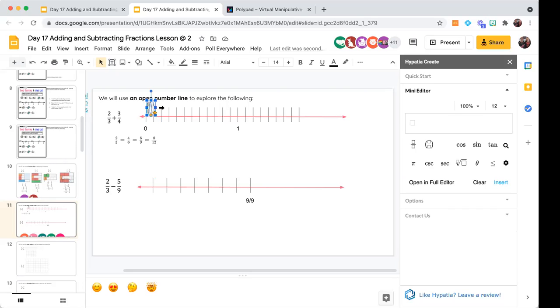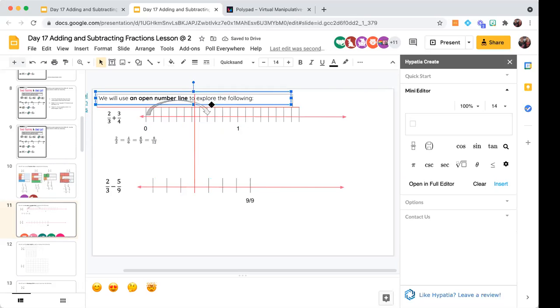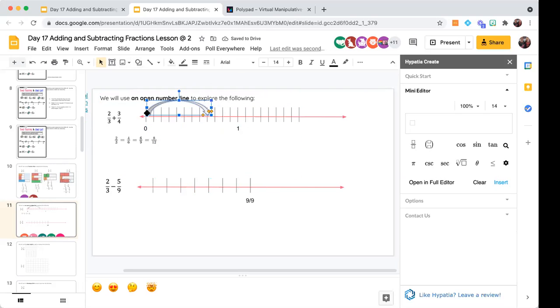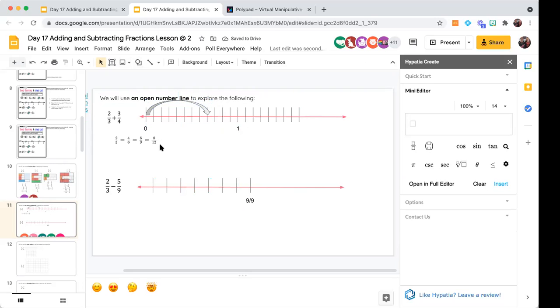And of course, I lost my spot. 1, 2, 3, 4, 5, 6, 7, 8. All right. From here then, from 0, we went 8/12, we could have done 4/6, we could have done 6/9,